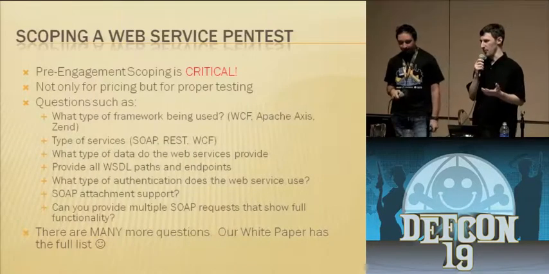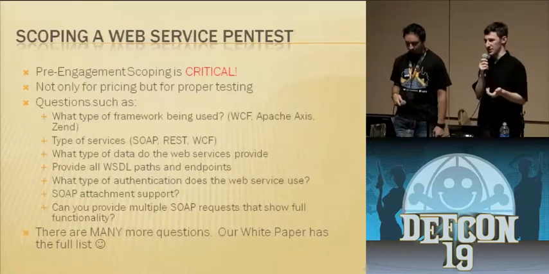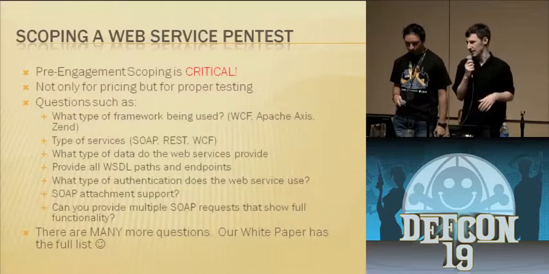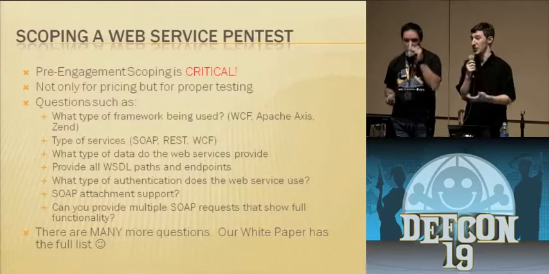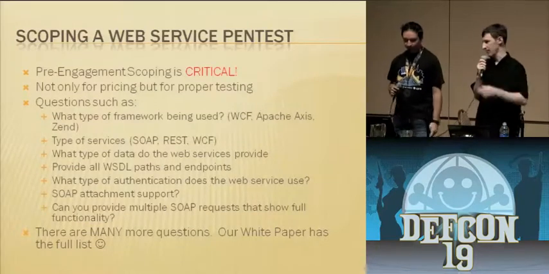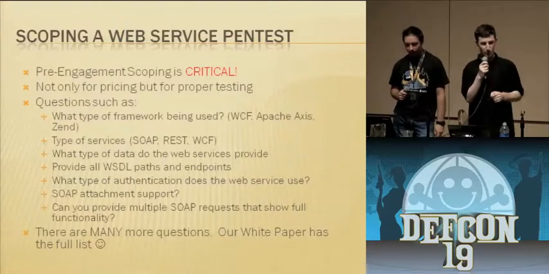So without a sample web service request, in many cases, what you would often get is a WSDL. And the WSDL just says, here are the functions, and here's roughly what the data would look like. But you actually want to be able to make valid requests and see what valid responses would look like. And then look at the invalid requests, right? So you want to see both, right? So understanding that if we have a sample web service request, that'll be super useful when we're actually doing the